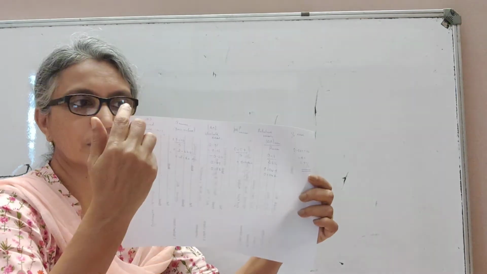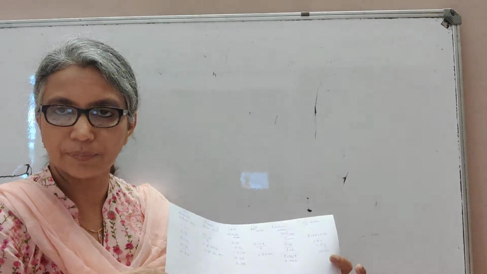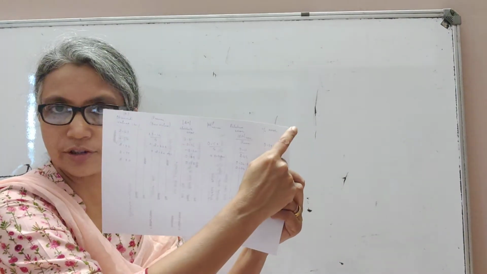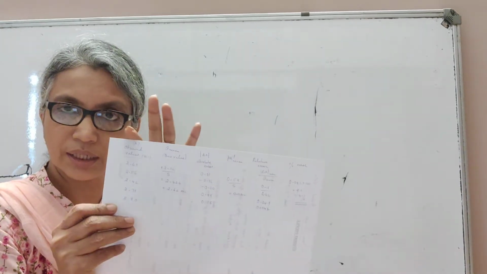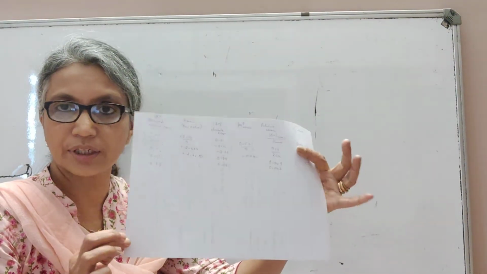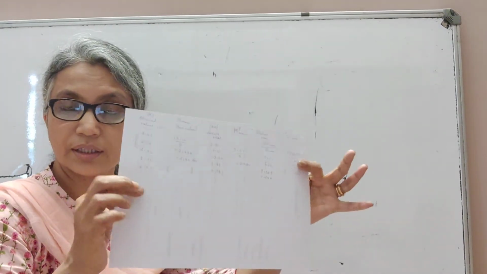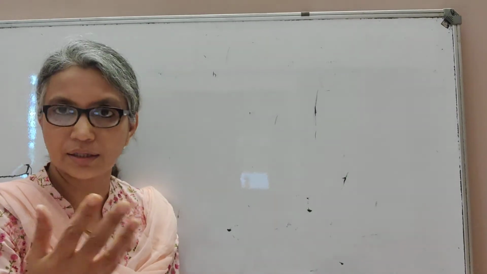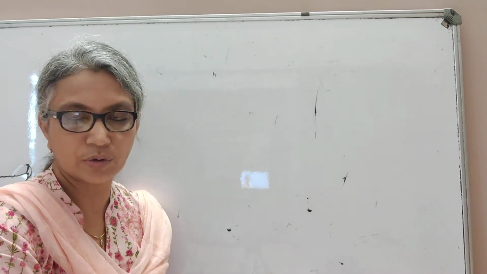Then what will you do? Measure the length, measure the breadth, multiply L into B to get the area. But as you measure, you may have made an error in the reading, the actual reading. The true reading may not be the reading that you're taking. So there will be a reading error in this value you have taken. While you take the breadth also, you might have created an error. So that when you multiply the two, you will still have an error. You may not be actually finding out the exact value of the area. There may be an error in the answer. So in that case, what happens? That's what we are going to check.